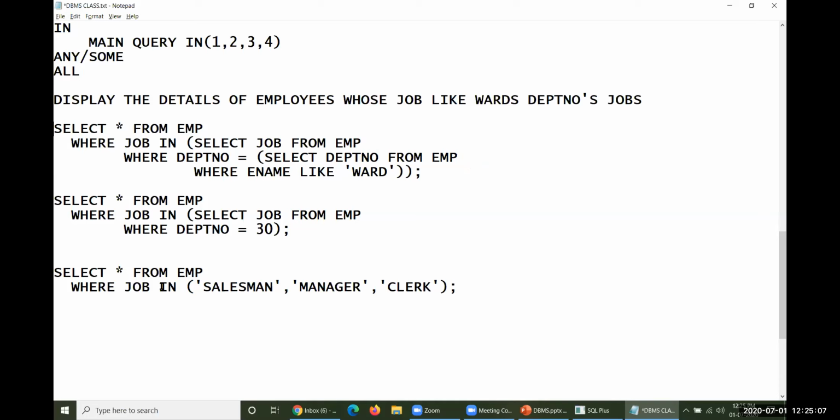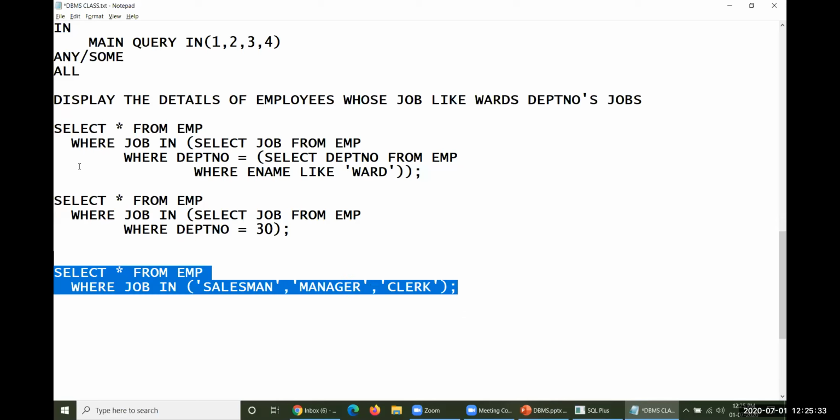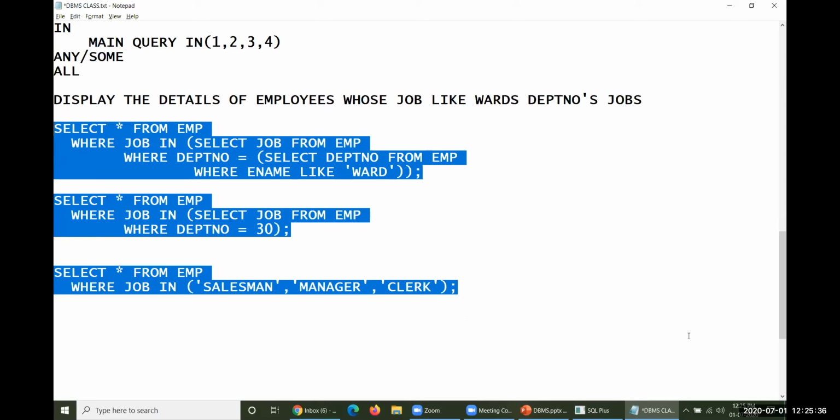Finally, what I would like to say is that each and every row will be checked for either salesman or manager or clerk, any one of these. Second row will be taken, their job will be either salesman or manager or clerk. Third row will be taken, again check everything. Fourth row will be taken, again check everything. In this way these points are taken into consideration. That is why it is called a multi-row subquery. A multi-row subquery may involve a single row subquery also. In this way, you have to evaluate.